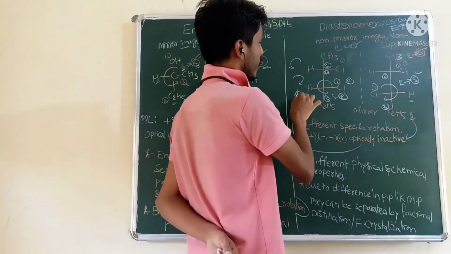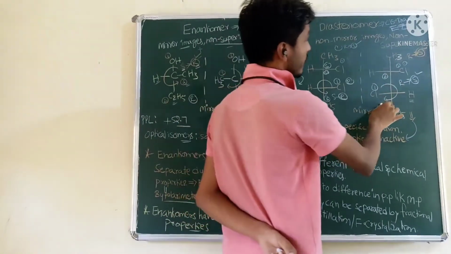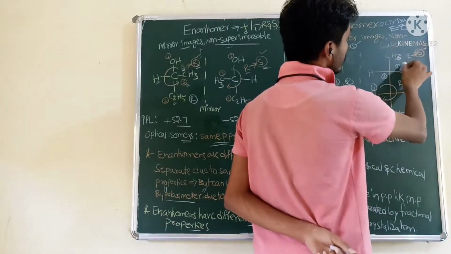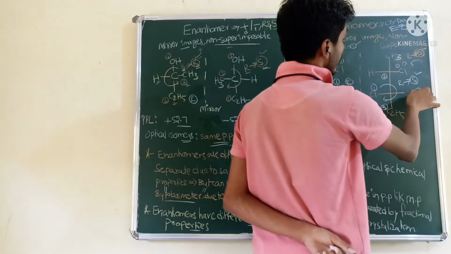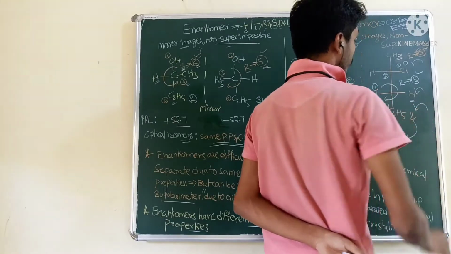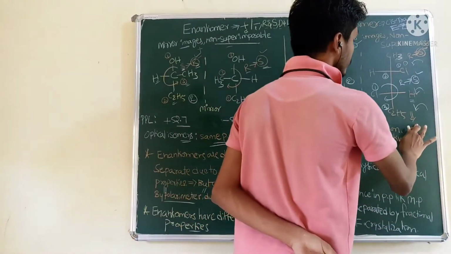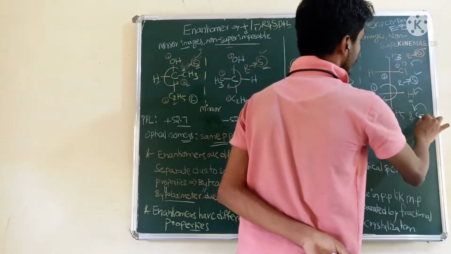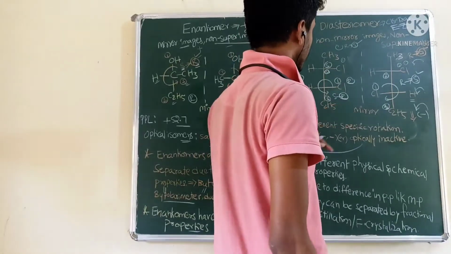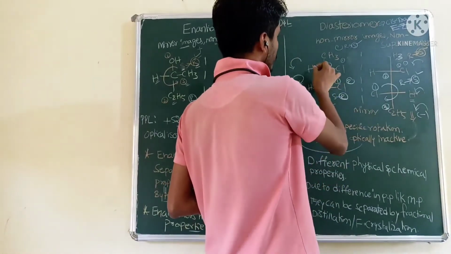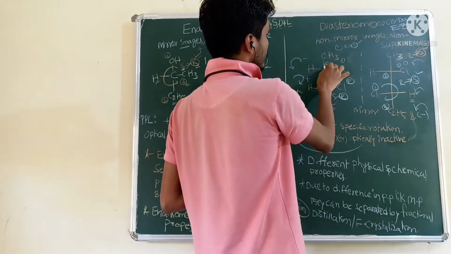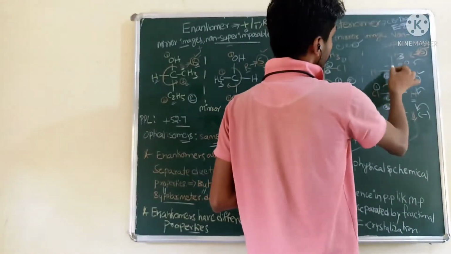The same way, what will happen? This carbon rotates the light to the left side, and this carbon also rotates light to the left side. Due to this, the entire light will rotate to the left side. We can represent this as the negative side, left side negative. So see, different specific rotation. This carbon is negative, this carbon is positive. This carbon is negative, this carbon is also negative. Both rotate the light in the left side direction.